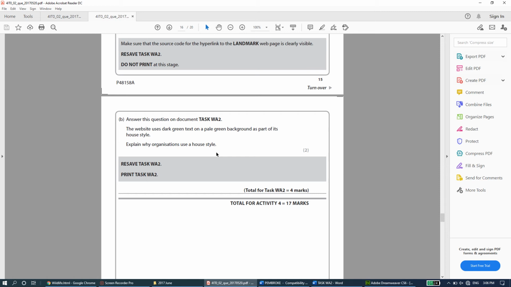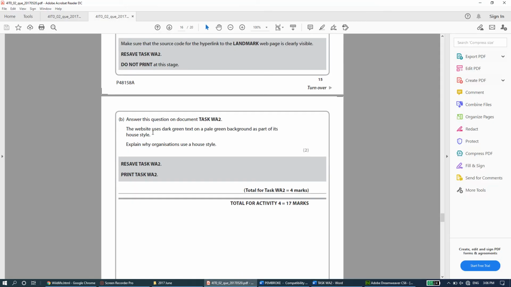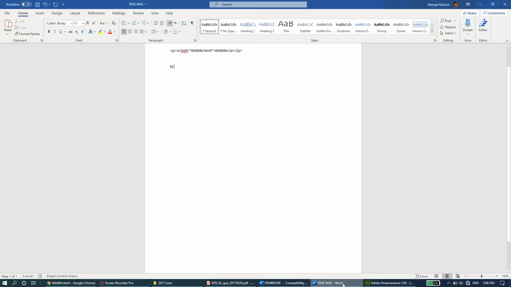Okay, so most companies, well-established companies, you can say, they always stick to their colors. Whichever colors they have used in their logo or whatever it is, they always stick to those colors. So when users see those colors, they know it is from this particular company. Okay, so you can write the answer over here. You can simply put B, and you can say what was the question? Explain why organizations use a house style. You can simply go on to say house styles